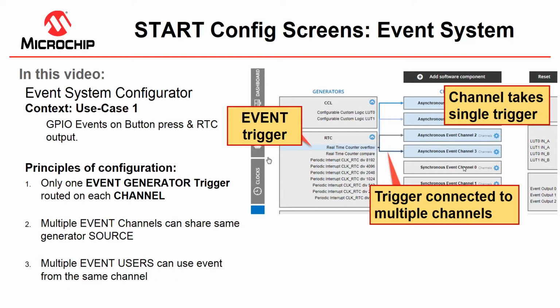I'm going to give you a short overview of the Event System Configurator in Atmel Start, the event system which is used for peripheral-to-peripheral signaling in AVR and SAM microcontrollers. So we're going to first cover the principles of configuration and how this works in general,